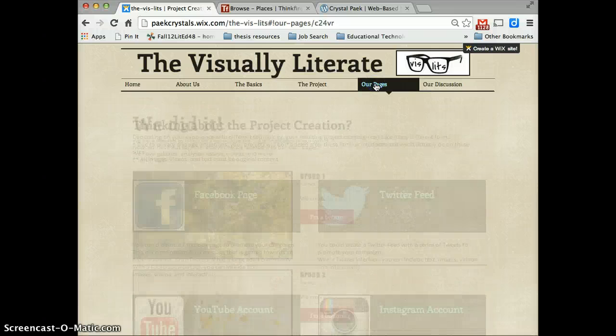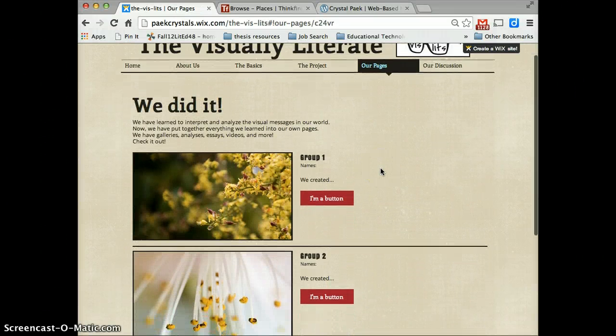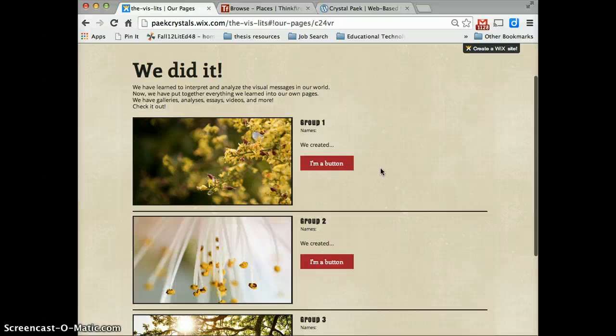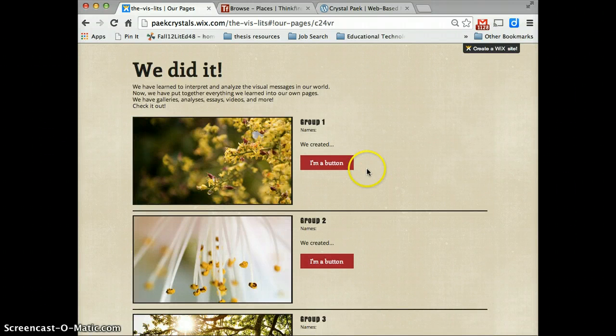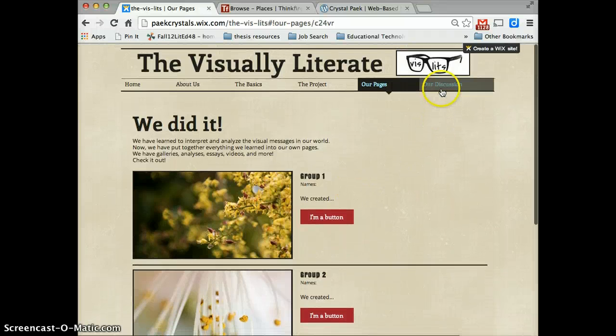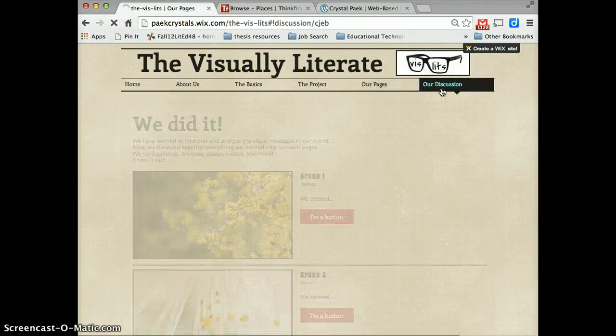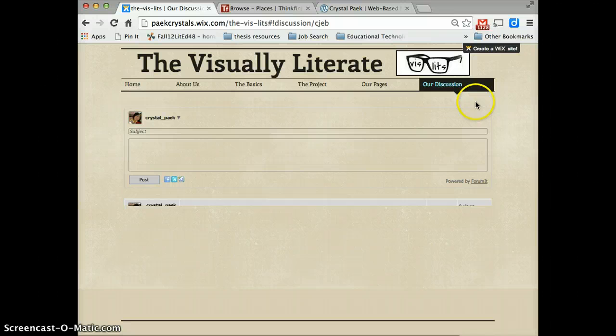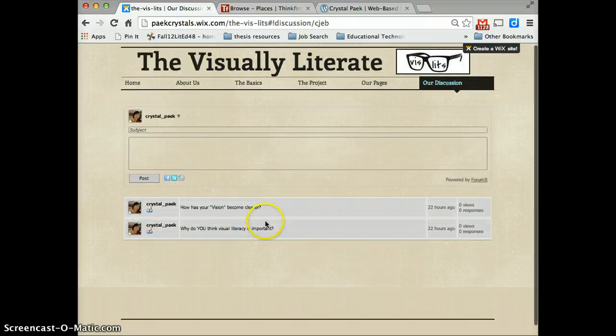And so the finished product would go straight here. At the end, students will be able to get control of their own page on the site and to put out their written pieces and the videos or the Facebook pages that they've created to share with everyone. And the last part of my site is a discussion forum where I would encourage students throughout the unit